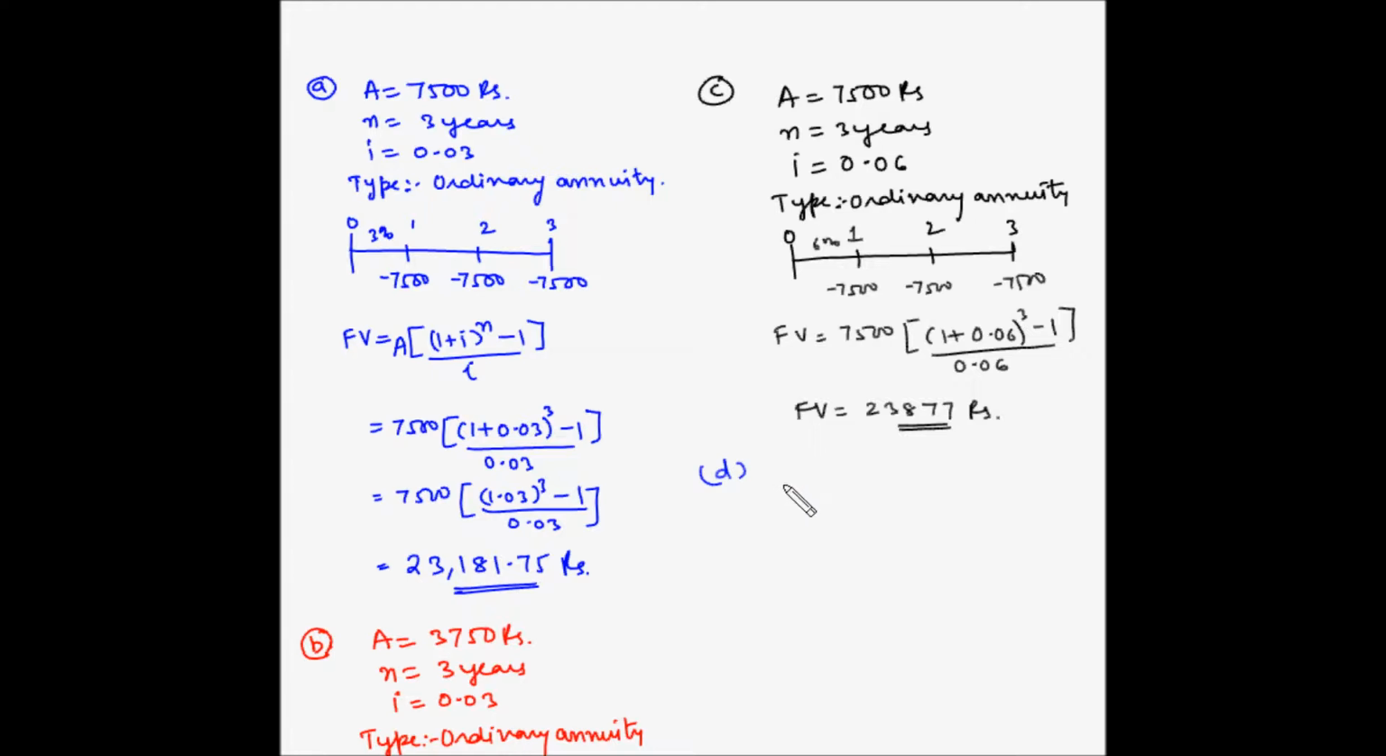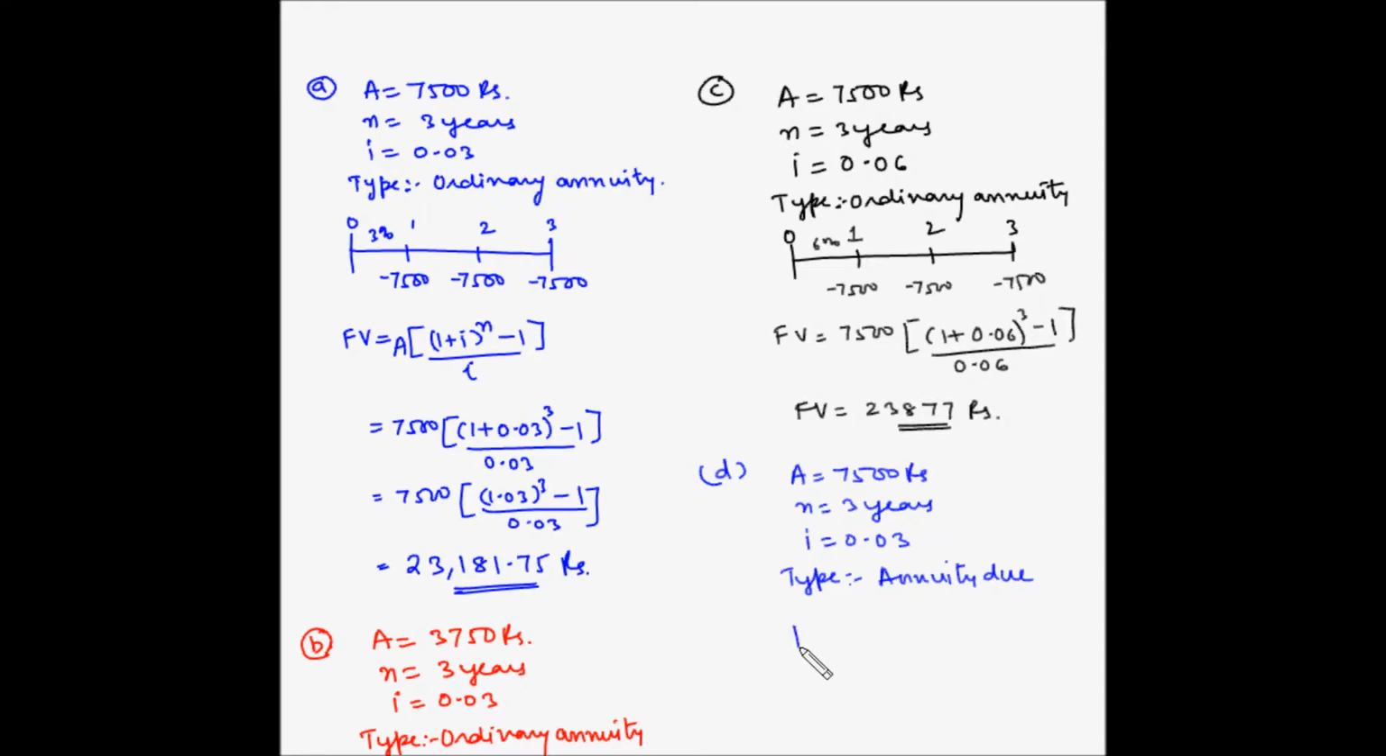Now part D says that if you deposit rupees 7,500 at the beginning of each of the next 3 years in a bank account that pays 3% interest, how much will you have at the end of the 3-year period? So here A is 7,500 rupees, N is 3 years, I is 0.03 because interest rate is 3%, but the type is annuity due,